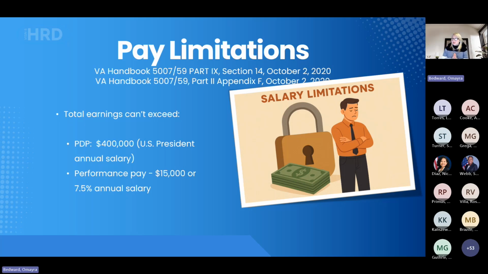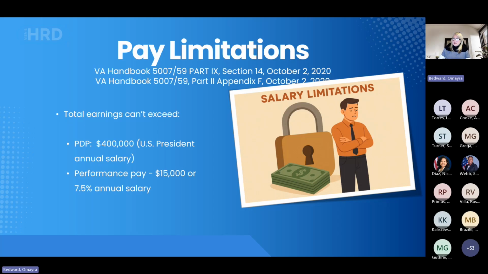That has to do with the pay limitations. So pay limitations apply to dual appointments. Total compensation, including fee basis earnings, cannot exceed the president's annual salary, which is currently $400,000. I am using here an example of a physician or a dentist or a podiatrist, and optometrists that are now on the same pay scale. So they are also included. The salaries for physicians are the highest in the pay system, and there are some specialties that can make up to that $400,000.